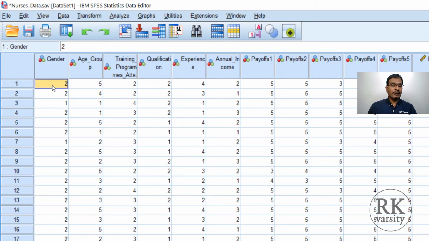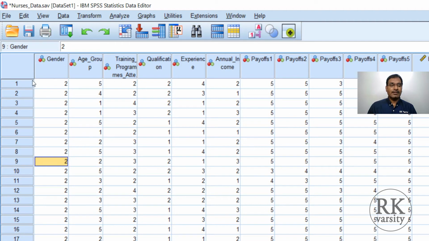So here, let us say, first, how is it you can change the values? Suppose in case 3, instead of 2, you entered a value 1. To replace this, highlight this cell, then click 2. So new value will be entered here. Similarly, in case 7 also, instead of 2, you entered a 1. So enter 2 and then click. So you will get a new value.